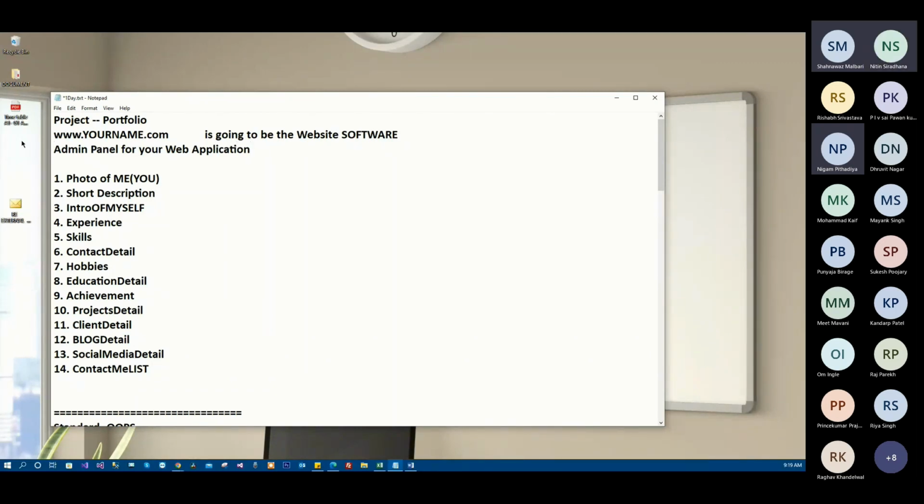How are you going to change it? That's a question. My question is, how are you going to change the short description? By giving some type of authorization, like, we are admin, we can change it. Absolutely correct. So there will be the admin side where you can change it, and once you change it there, it will reflect to the world, or to the client, or to whoever you are giving your name. Whenever they load the page, it will reflect there.